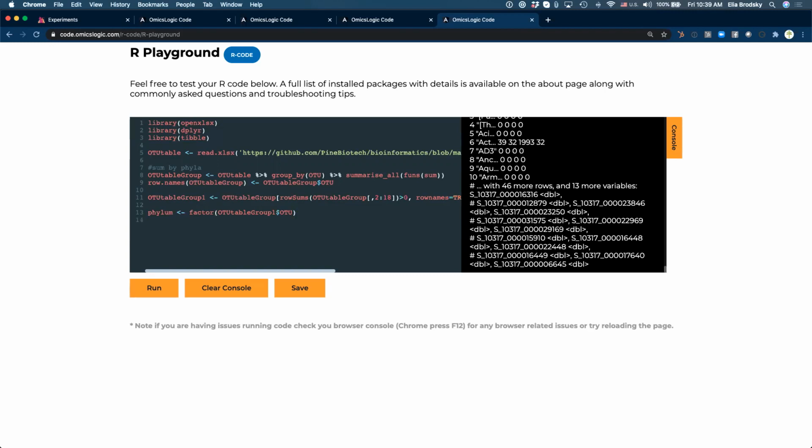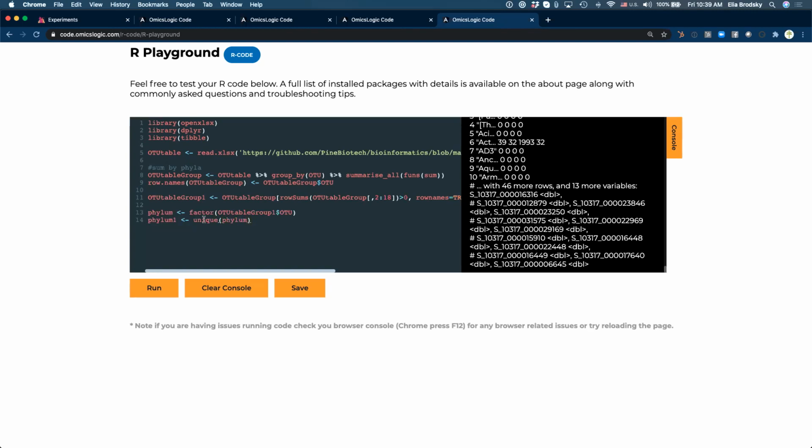And we can also store the unique values from here. So who knows how to get unique values from phylum? Who knows how to do that? Yep, unique, great. So unique of what? Unique of phylum.